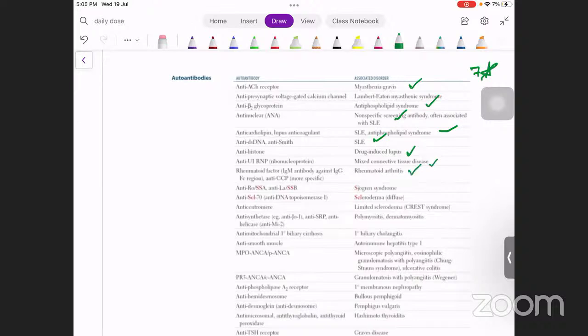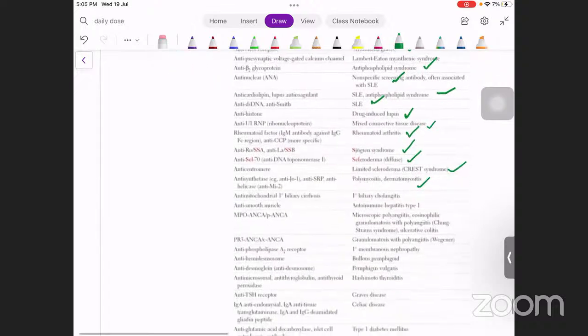factor, rheumatoid arthritis, and anti-CCP, rheumatoid arthritis; SSA, SSB, Sjogren's syndrome; SCL70, scleroderma; centromere, CREST syndrome; antisynthetase, polymyositis or dermatomyositis; and mitochondrial antibody, primary biliary cholangitis; anti-smooth muscle, hepatitis type 1; PANCA, microscopic polyangiitis, Churg-Strauss syndrome, and ulcerative colitis, while CANCA,